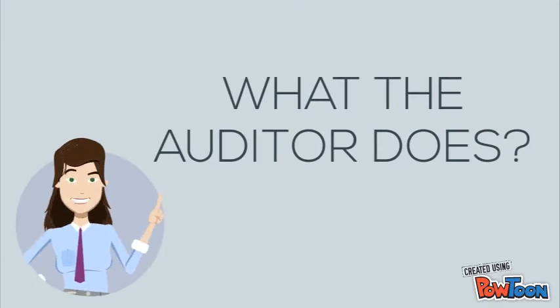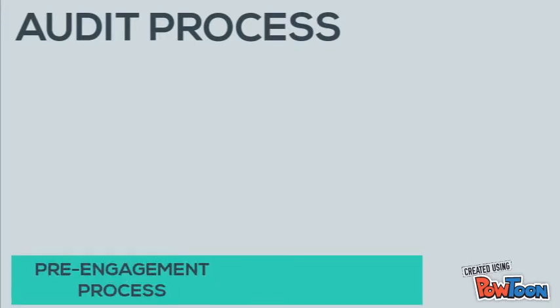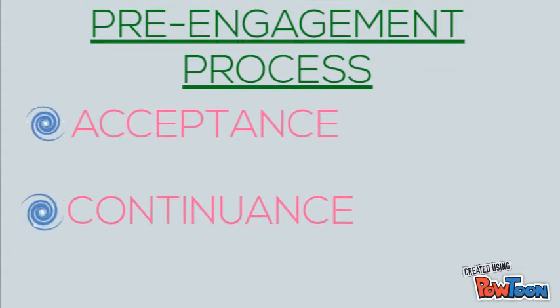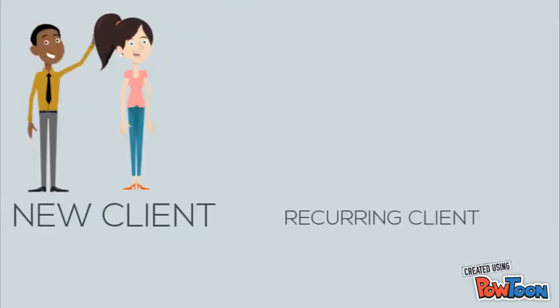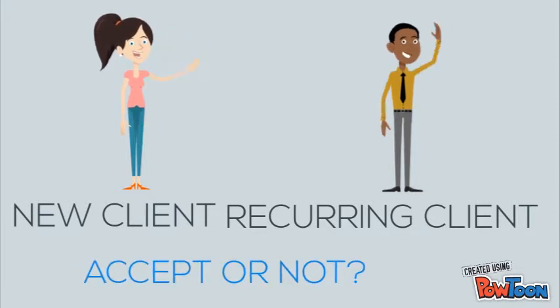in her work. The audit process is similar for most engagements and normally consists of the following essential stages. Pre-engagement process. Before the audit begins, the auditor performs pre-engagement acceptance or continuance procedures. Before a new client or a recurring engagement is accepted, appropriate information is gathered and evaluated as a basis for deciding whether to accept a new client or retain an existing client.